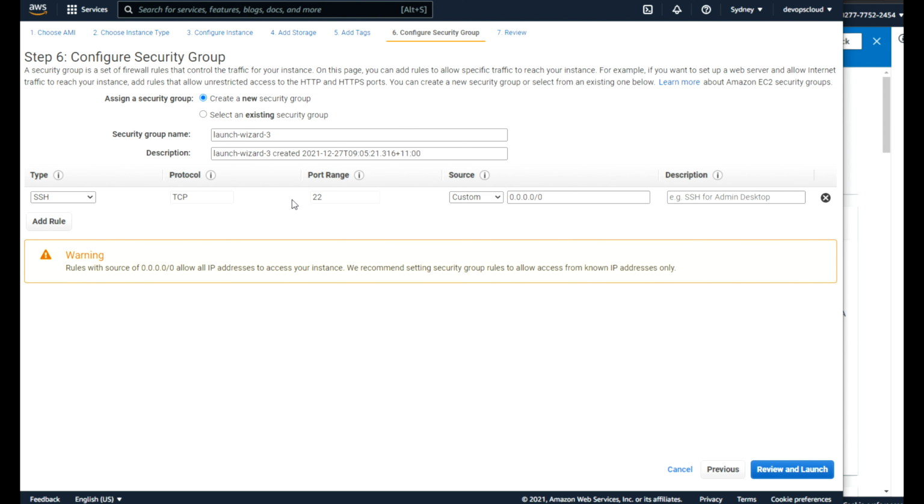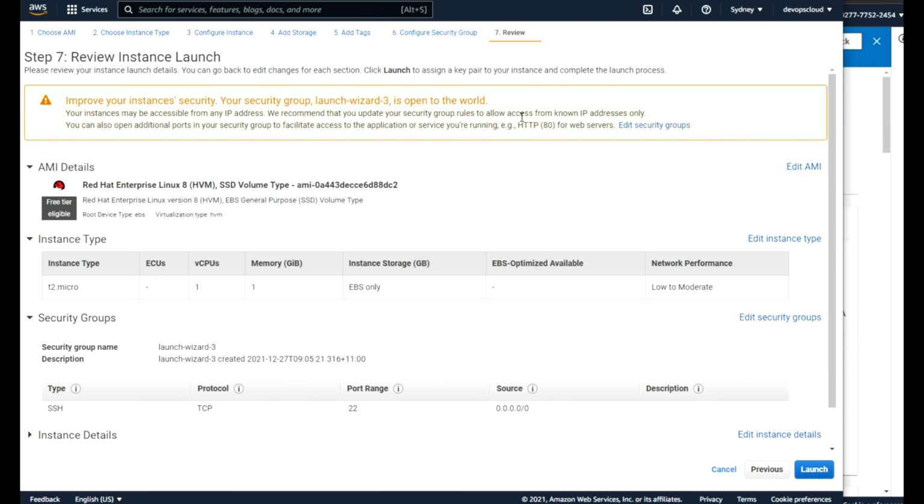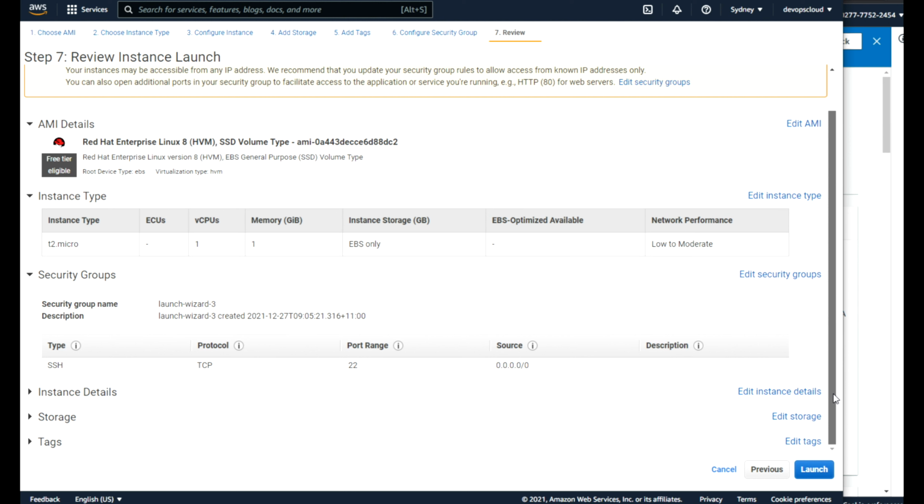Now here is where SSH is set up. Normally for Linux, because I'm going to use Linux, port 22 should be open, and this is for accessing the instance, with the range you see here. After that it's going to give the details here. If we click launch,